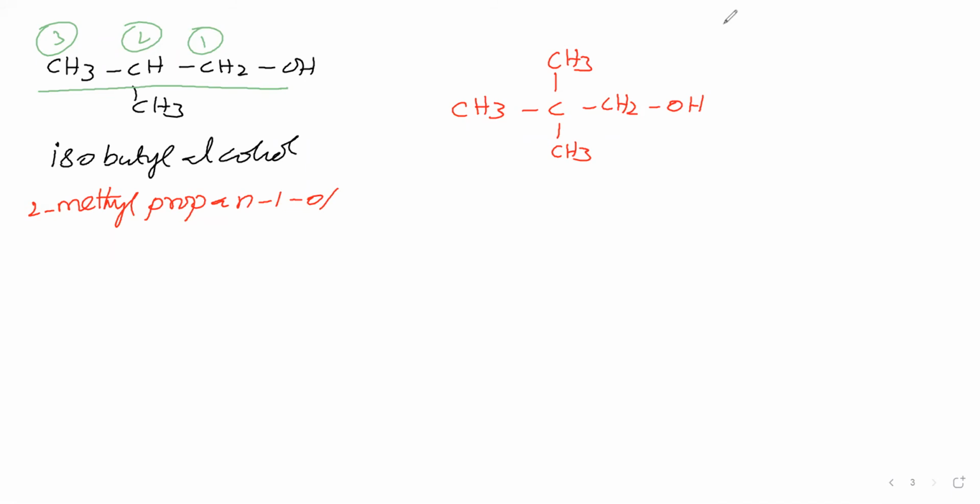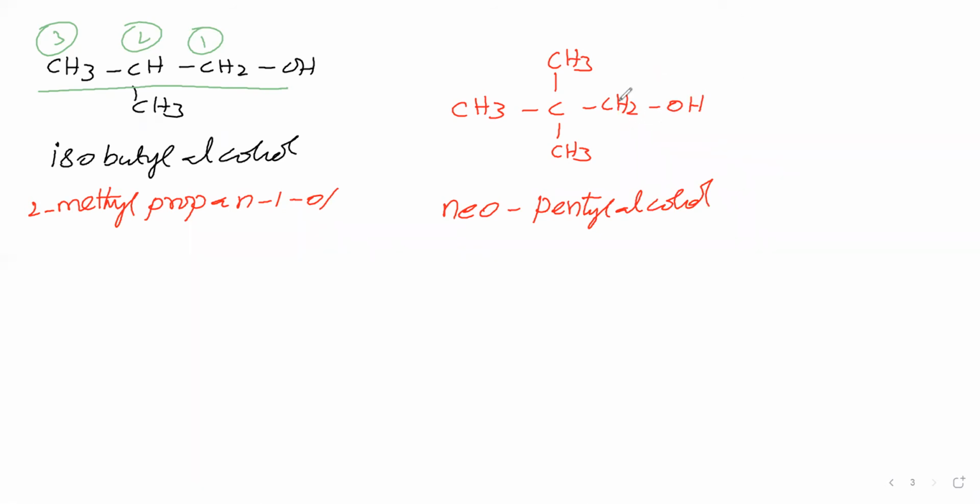Now, for this, we will say the common name. Here, a quaternary carbon is there. It is called quaternary carbon, 4-degree carbon. That means this carbon is directly linked to 4 other carbons. Therefore, it is quaternary carbon or 4-degree carbon. And the OH group is present at a primary carbon, therefore we can use the word neo. Totally 5 carbon atoms are there, therefore pentyl. And the OH group is called alcohol. We can say neopentyl alcohol.